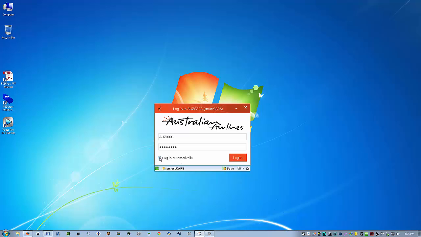You can log in automatically, save you doing it on every startup. Once you've done that, you can log in,